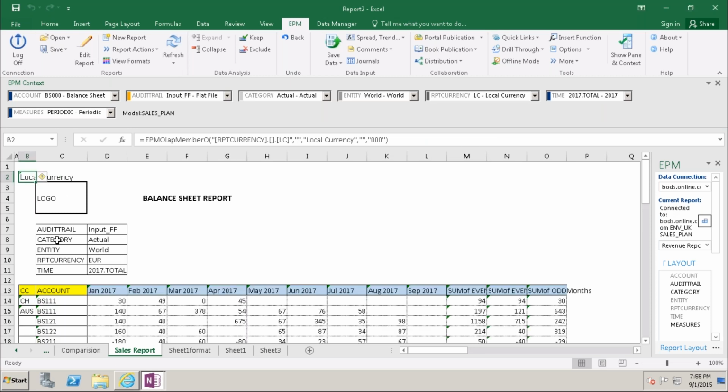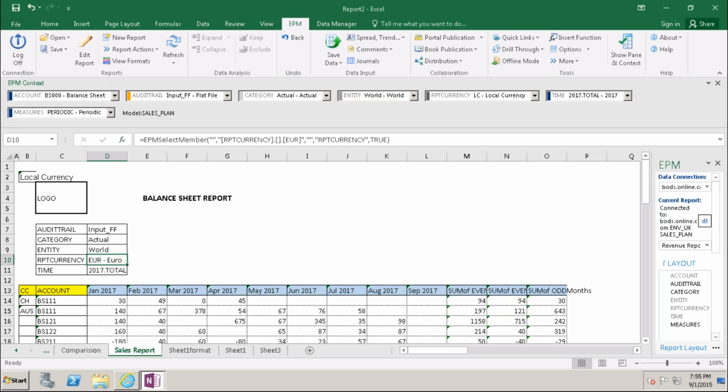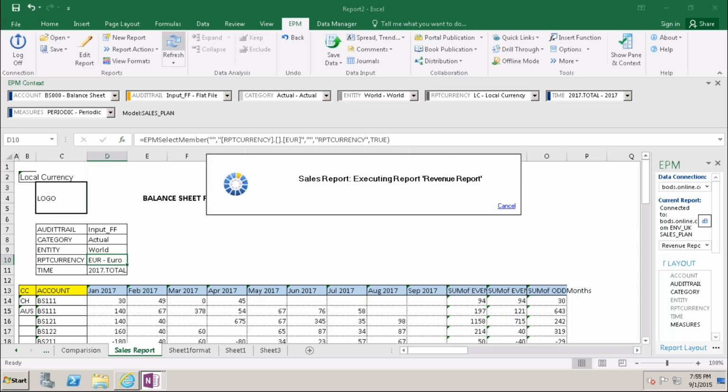That's what here, local currency, selections. In the select member of edit context member name as false, true, okay, refresh.